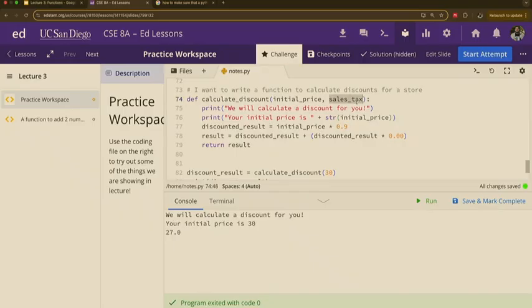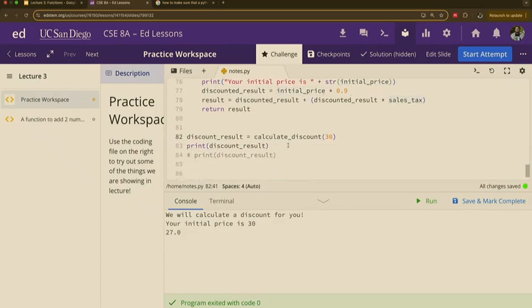So now, no matter where you are, you can take the sales tax into account. You'll get your final result with the sales tax wherever you are, right? In California, it might be 8%. In New Jersey, it's some other percent. In Delaware, it's 0%. Lots of different states have different regulations. What we can do with our program is make sure that it doesn't matter where you are, as long as we know what your sales tax is, we'll calculate it for you. It doesn't matter what state you're in. And we do that with this little comment, saying this function now not only wants an initial price, but it also wants a sales tax.